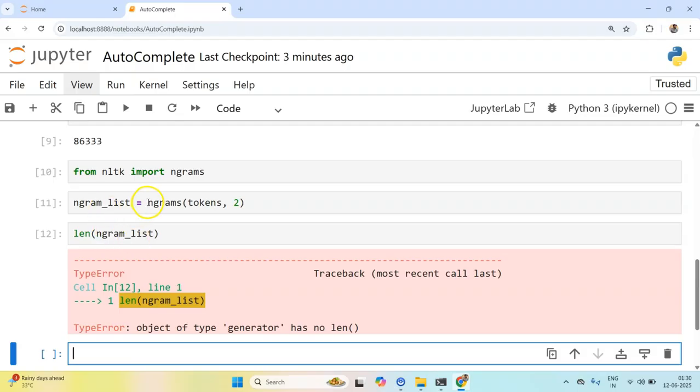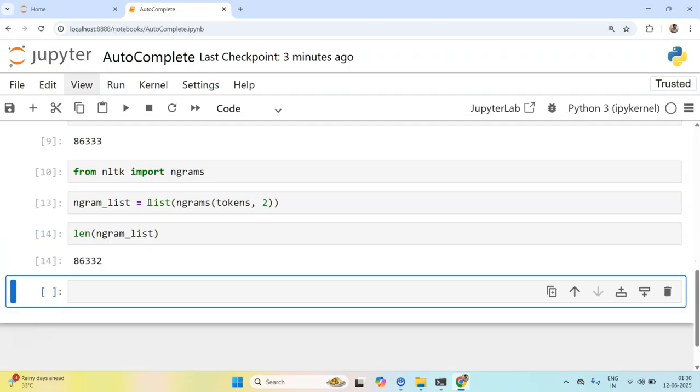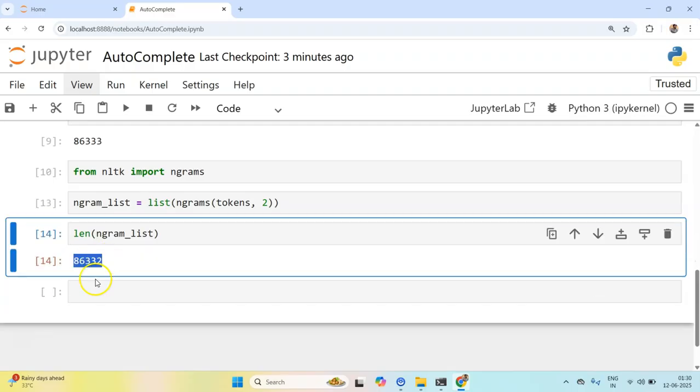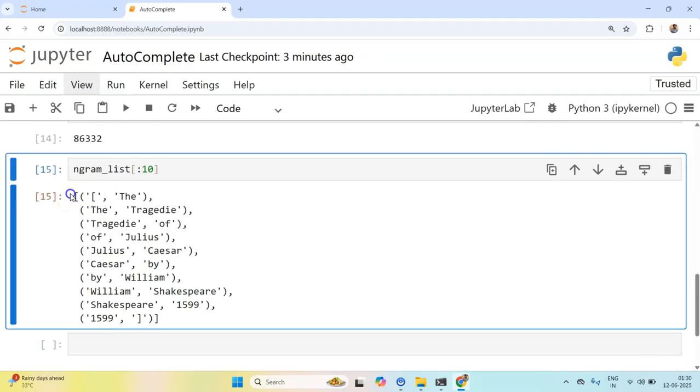Since it is a generator, let's wrap it in list so that we get a list. So we have around 86,332 values. Let's look at the first 10 values. So we have this set of values.